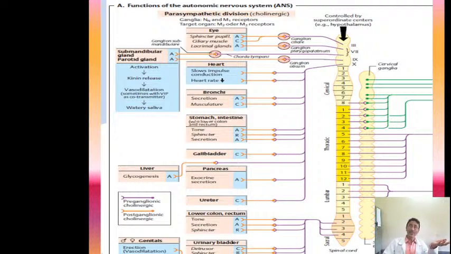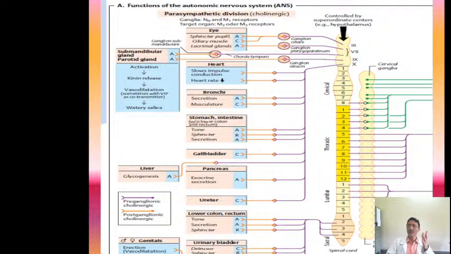What about the smooth muscle? We know that all these glands and the GI tract are supplied by smooth muscles. So what will happen? The contractions will increase. Then there are sphincters also present. You have the upper esophageal sphincter, the lower esophageal sphincter, the gallbladder sphincter of Oddi, and then the sphincter at the bladder. So all the sphincters will be relaxed under the influence of parasympathetic stimulation. So this is the general rule which you remember.